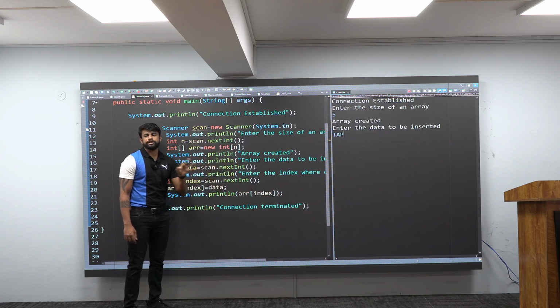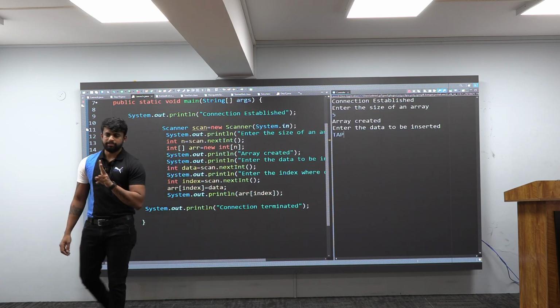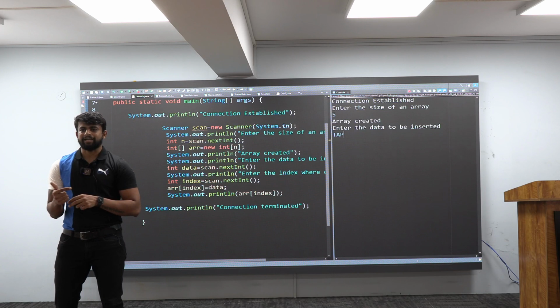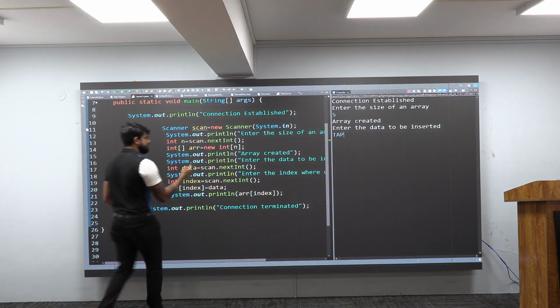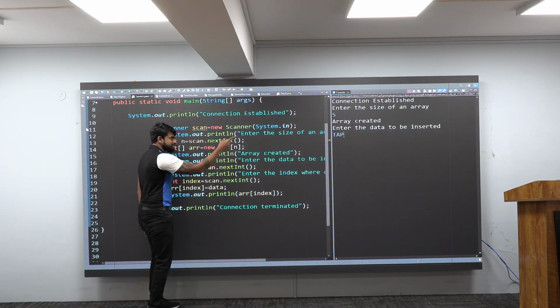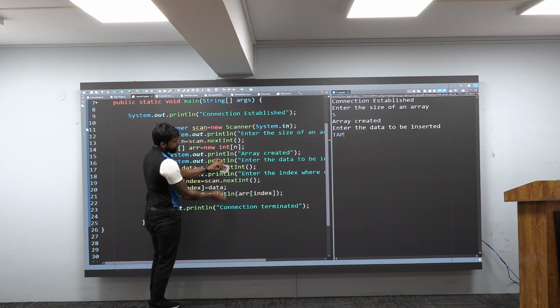To scan a string, 2 options you have. What is that? Next and next line. But how you are scanning here? Next int means tab. How can you scan using a next int? It will tell that this is not possible. If this is not possible here, there is a problem. If there is a problem here, means there is an exception here. If there is an exception here, 100% it will create a report here.